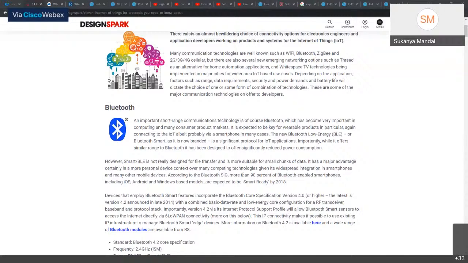Let's say, there have been applications in the US and UK where people have used Bluetooth technology for a smart buyer's option. Imagine a superstore, a supermarket, a departmental store where you get in, you are given a BLE device, and every product that you collect gets registered to that BLE device.